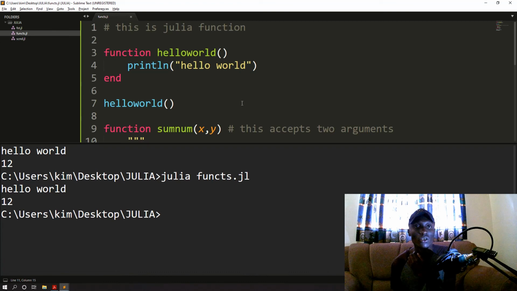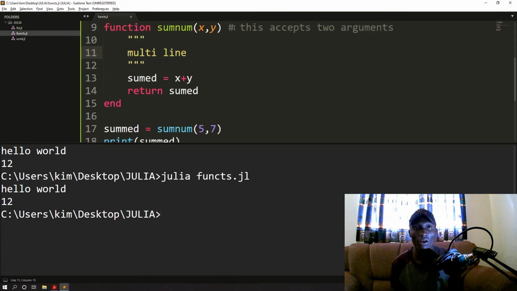You see, this is an inline comment and this is a multi-line comment, and multi-line comments should always go on their own line and end as soon as these three quotes appear. So that is it. A single line comment can go anywhere, and this is multi-line.